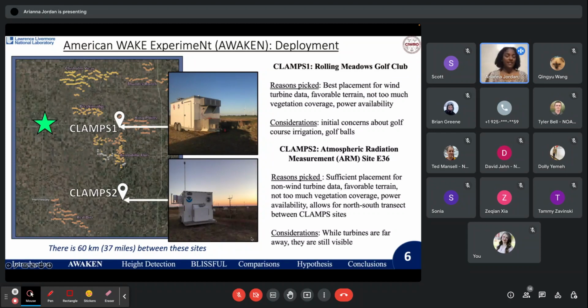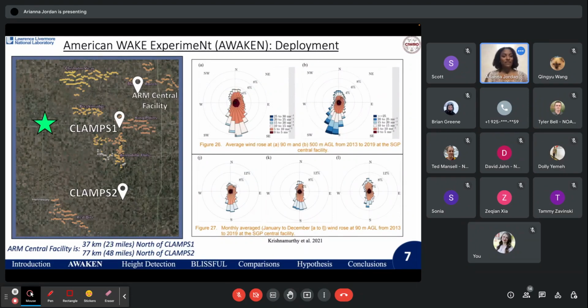The main consideration here is this Red Dirt wind farm that's a little to the southwest that we wanted to be cognizant of in case there is southwesterly flow. But luckily it's a pretty good distance away that we felt comfortable enough to place Clamps here. But just to make sure it's not too close for comfort, here are also some